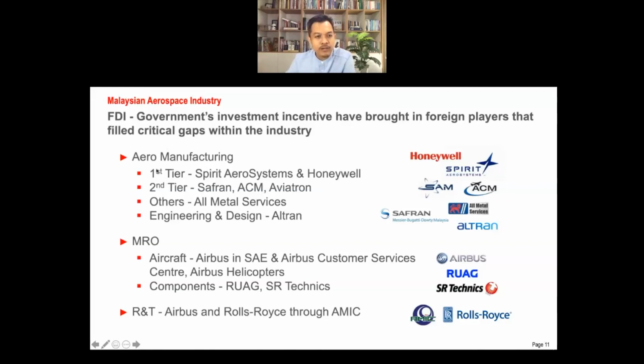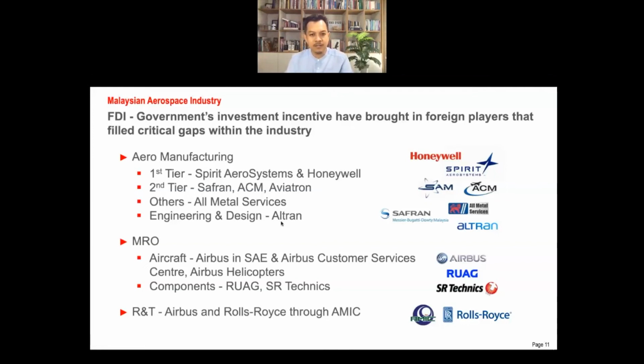If we look at the aerospace manufacturing subsector, we have first tier companies such as Spirit Aerosystems and Honeywell. For example, second tier companies like Safran and ACM, which is owned by Boeing, and Aviatron. Others like All Metal Services, and engineering design companies like Altran, already have their